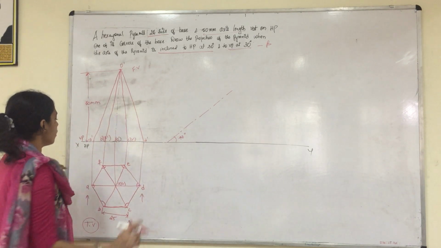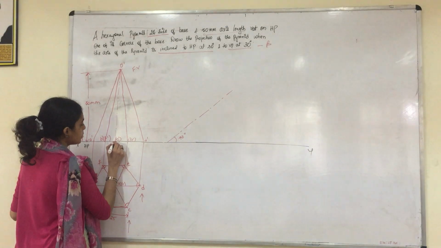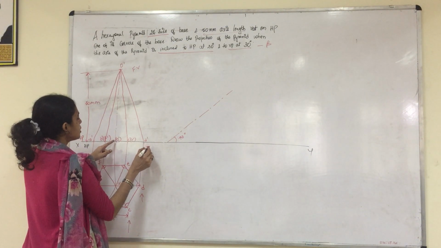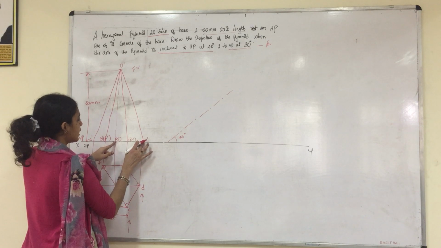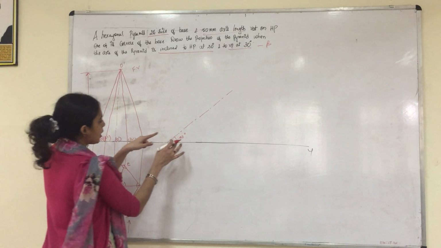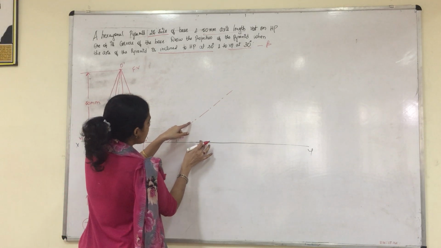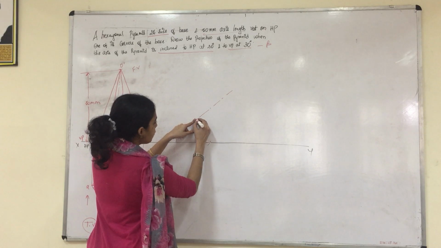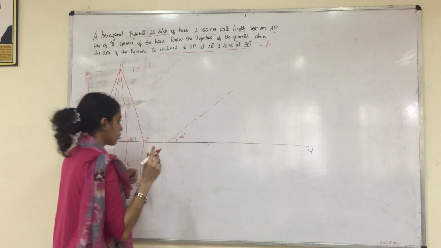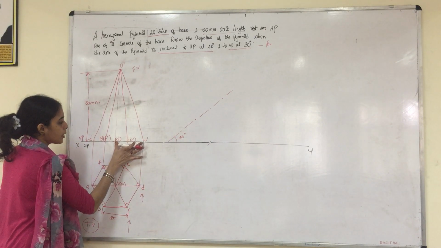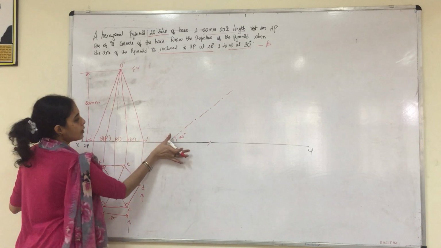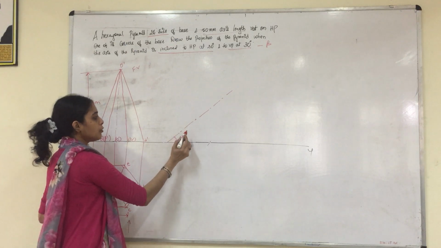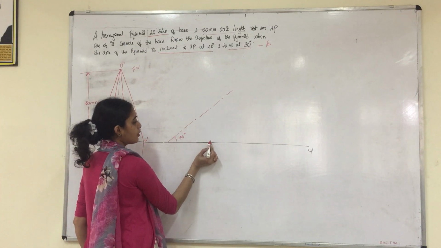Okay, so we will identify the distance now from the center to this corner. What is the distance? Use the compass. Measure the distance from O1 dash to D dash. So the same distance, you come here and start moving on the XY line. So somewhere it cuts our XY plane. So which is the reference point? You kindly mark it out. So you will use the compass, measure the distance, move on the 40 degree line and just cut an arc. Okay. So now you have the reference point from where we have cut the arc.